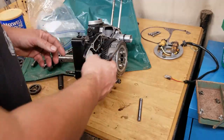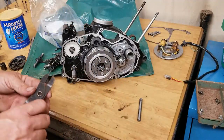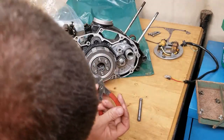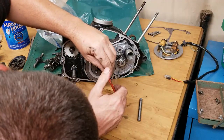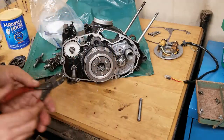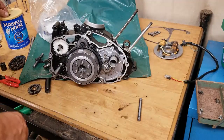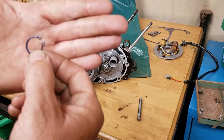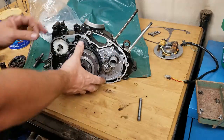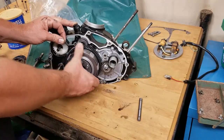So what I'm going to do is pull this clutch back off real quick, and when I do, I will show you what I'm talking about. If I can get that clip out. Okay, I had to change a pair of pliers out. I broke one of my tips off, but anyway, this is what the clip looks like. Expand that, and then there's a thrust washer in there and all that happy stuff. I'm going to see if I get this off without...